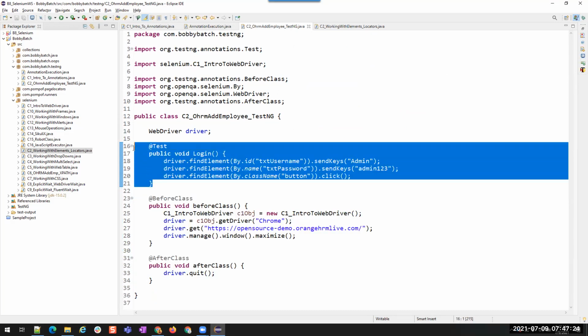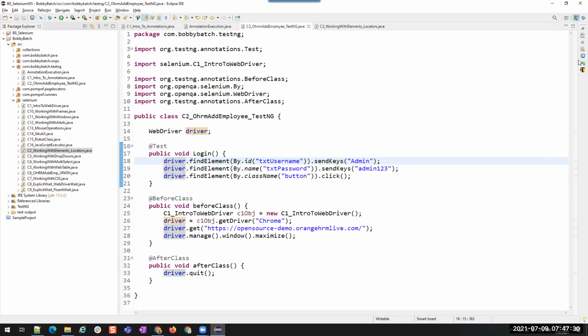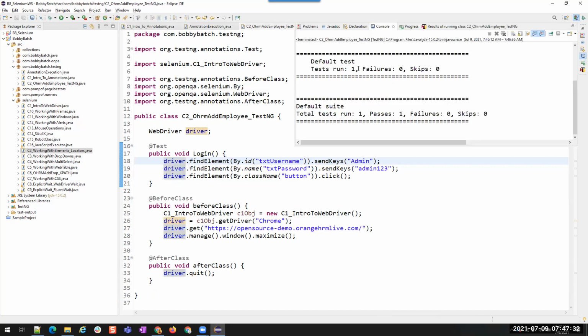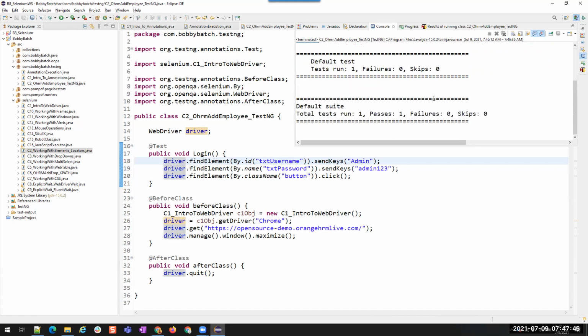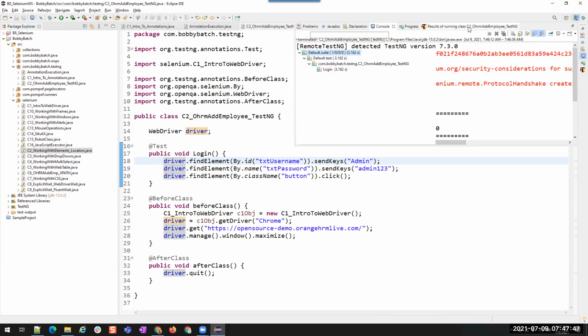TestNG will assign status only to the @Test method. So that is why in the console you will see only login, which is the passed method. You don't see any status for the before class and after class, because they are precondition and post-condition methods. Okay, all right. Now let us see here.